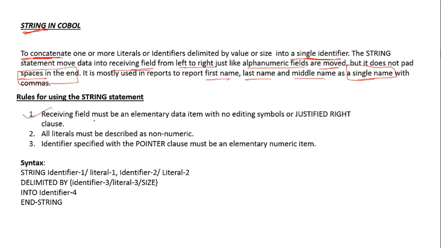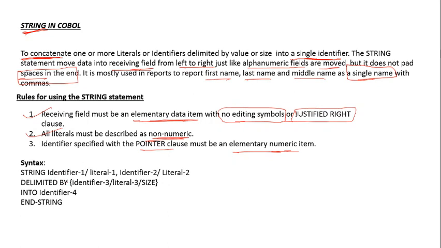First rule is the receiving field must be an elementary data item with no editing symbol or justify right clause. All literals must be described as non-numeric. Identifier specified with pointer clause must be an elementary numeric item. So what is the syntax for this?